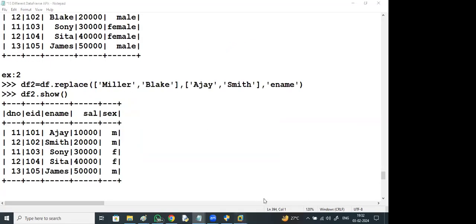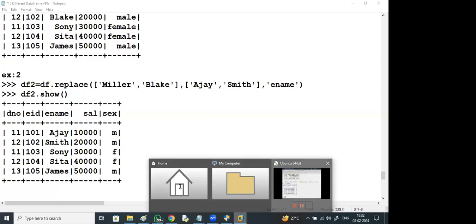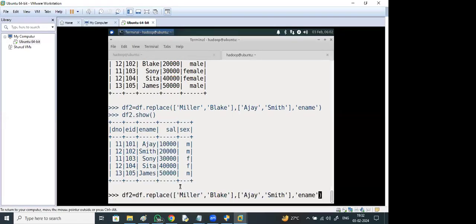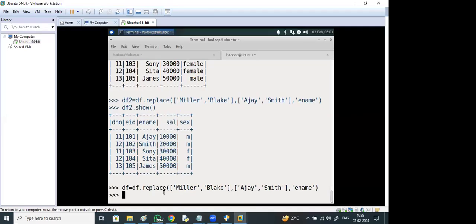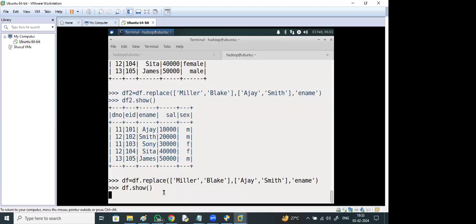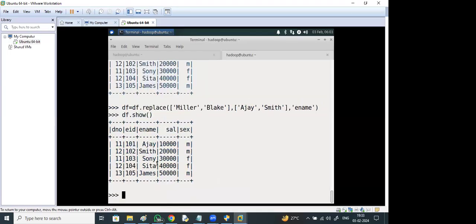Okay. So here, previously in df, I got names as Miller and Blake. df2 is a new data frame. Now df equal to df. Now if you say df.show, you see Ajay and Smith. Now I understood, sir.